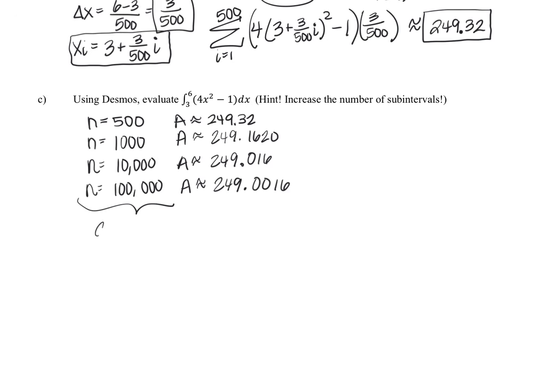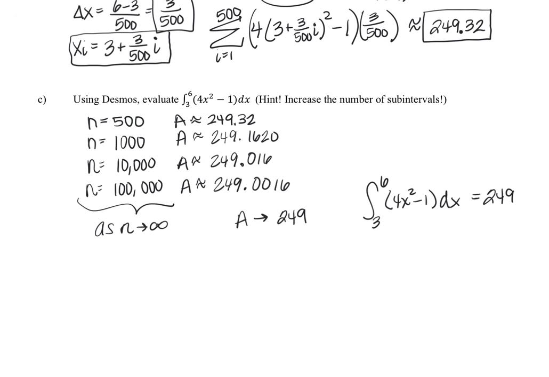It looks like as n approaches infinity, so as n gets infinitely big, that's the number of rectangles, our area looks to be approaching 249. Therefore, we'll say that the definite integral from 3 to 6 of 4x squared minus 1 dx is equal to